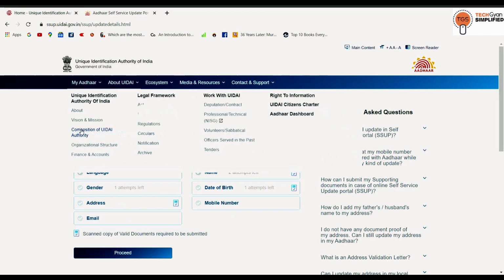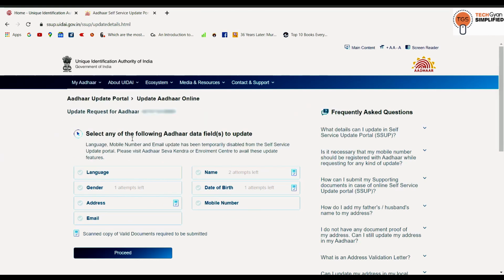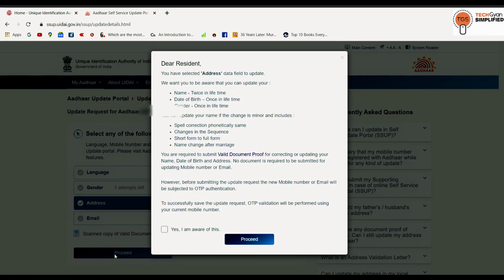Here are some options in which you can make changes, or rather to say you can update the details like address, email, name, date of birth, mobile number, and so we will select address here and click on the proceed button. Some clarifications, read it carefully and confirm the details and proceed.